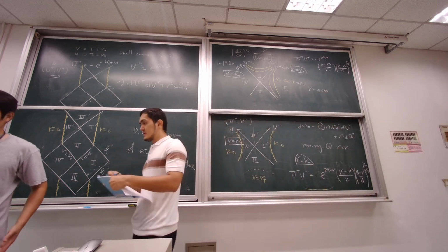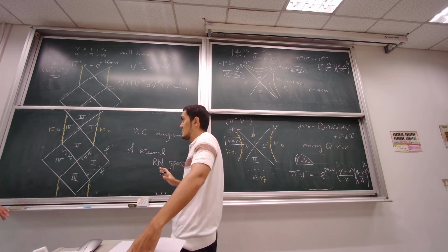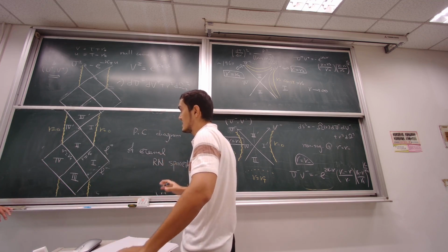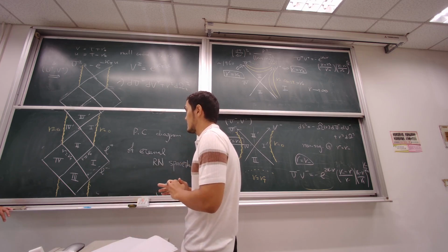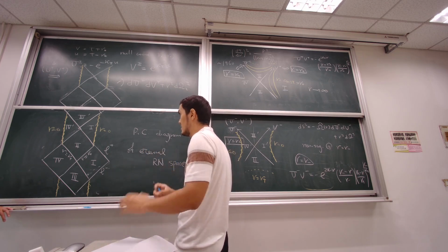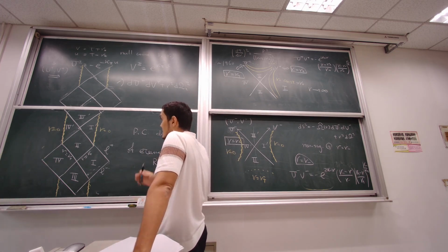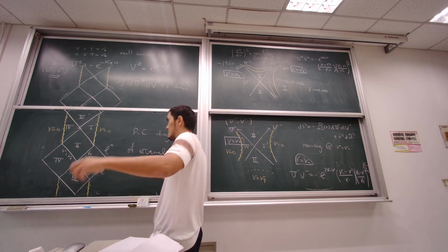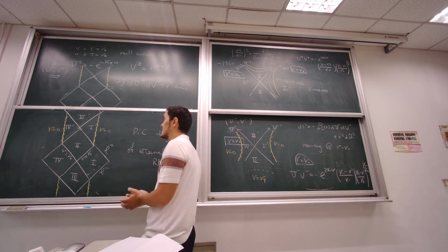Let's assume the Reissner-Nordstrom black hole exists. It doesn't exist in nature. Now let's assume it exists. So where will all the charges be collected? In the singularity or where? In the singularity, yeah? All charges will be collected, like the mass of the black hole is in the singularity. Right? The charge will be collected, yeah.